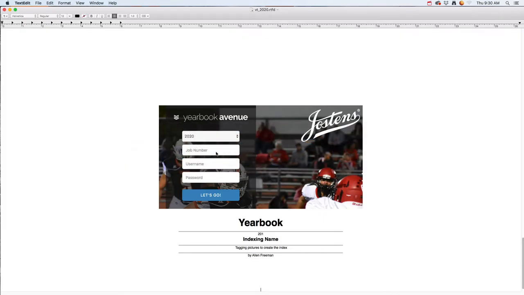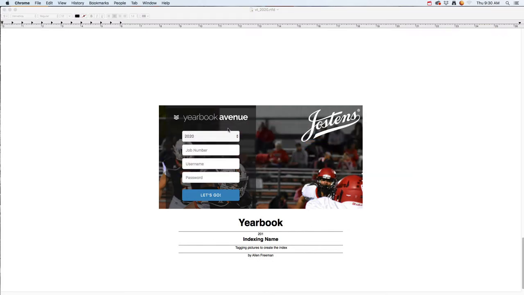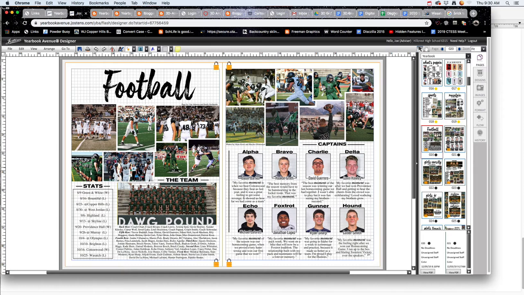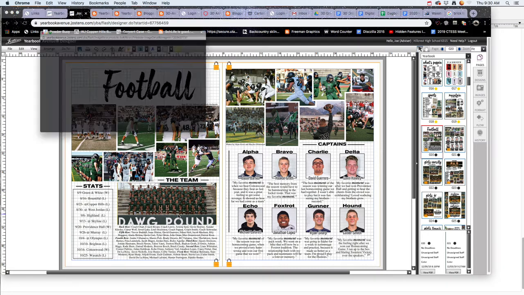So in this tutorial, I'm going to show you how to create the index by basically tagging names. What you need to do is go to one of the pages you were working on. So let me just pull this up. You click on one of the pictures that you were working on, and you don't have to do it for every individual one. If you want, pick the group picture and right mouse click, go to tag names,